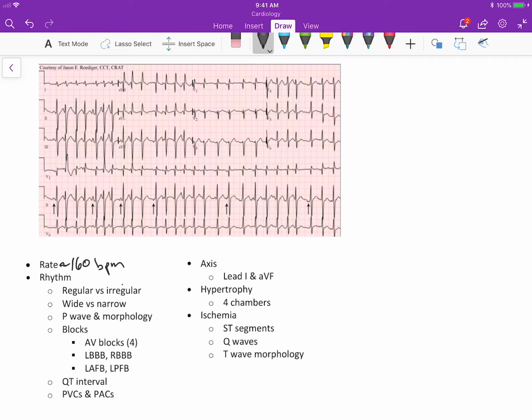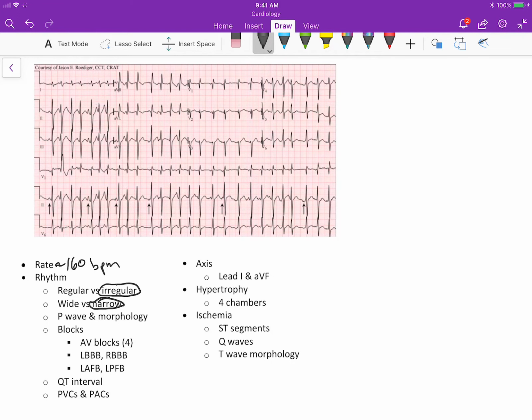The rhythm is clearly irregular. Complexes are narrow. P-wave morphology, let's always reflex to lead 2. This is interesting. We see multiple morphologies of P waves in lead 2. So that's a P wave, that's a P wave, that's a P wave, that's a P wave. That's tenting of the P and the T. So multiple morphologies of the P waves. I am suspicious for